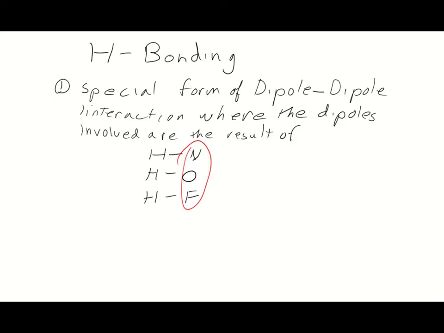The classic example of hydrogen bonding that everybody's familiar with is water. Water has a dipole with a partial positive charge on the hydrogens and a partial negative charge on the oxygen. And this dipole is indeed the result of a hydrogen-oxygen bond. And water molecules are kept together via the force of attraction